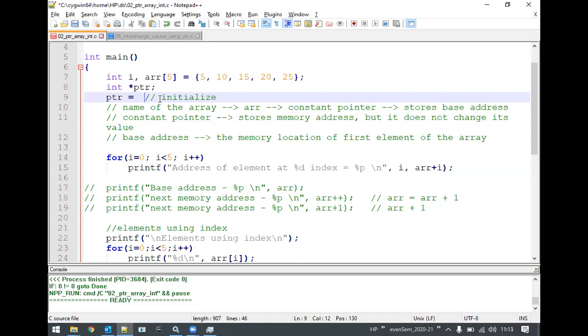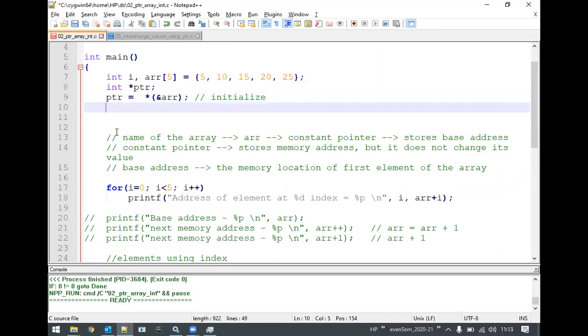Can you come again? The voices got mixed up. One of you. ptr is equal to asterisk, in brackets, ampersand ARR. This is one of the answers. Then any other? Anyone else?